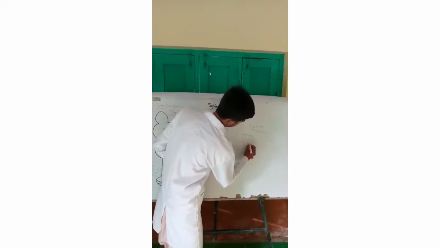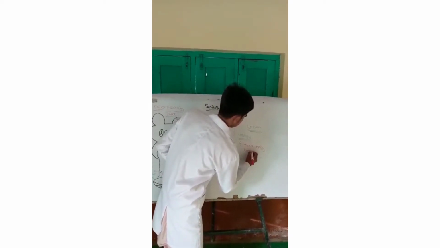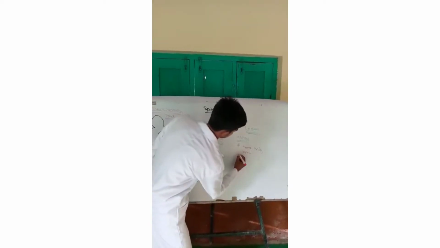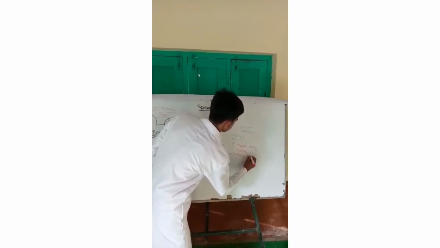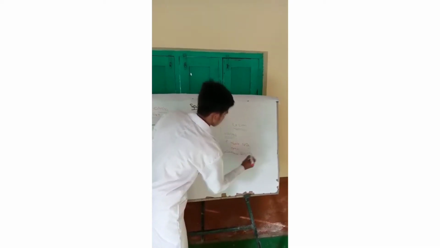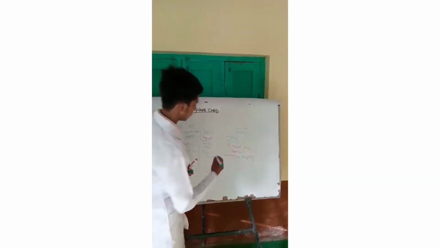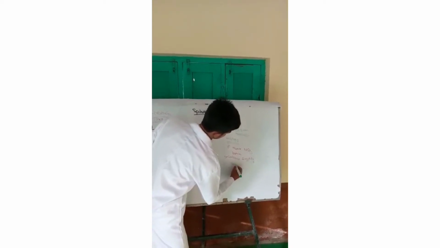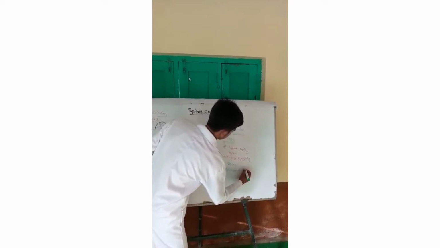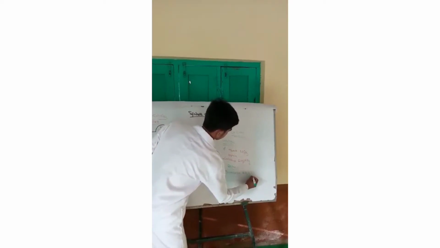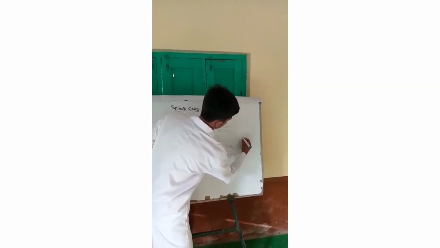If the damage is above the midbrain, it is called decorticate rigidity. And if the upper motor neuron is damaged below the midbrain, then decerebrate rigidity occurs. So that is the upper motor neuron, and now if we damage the lower motor neuron,